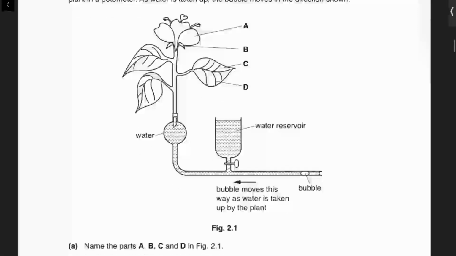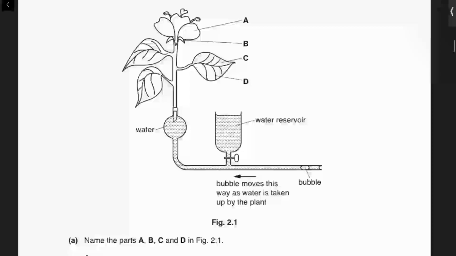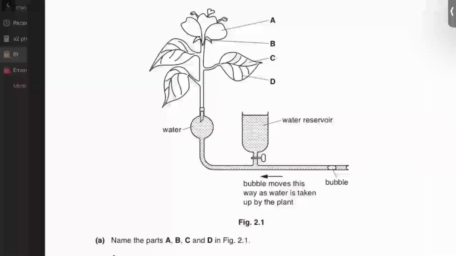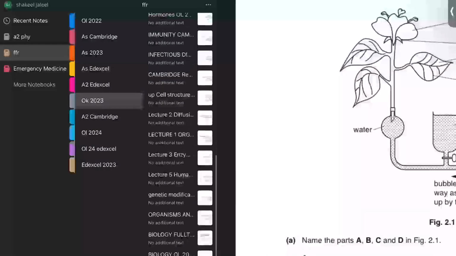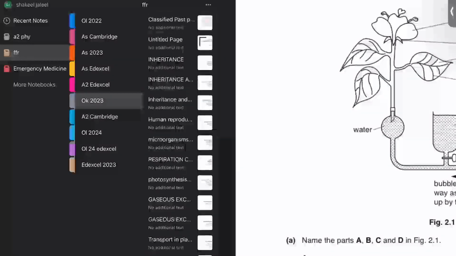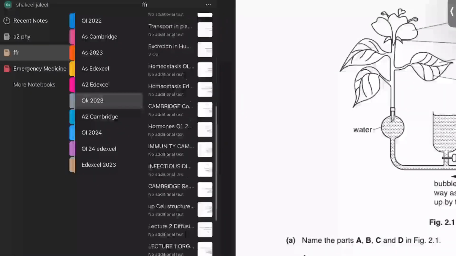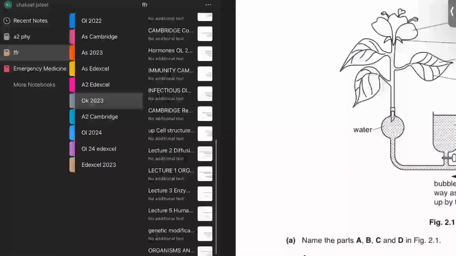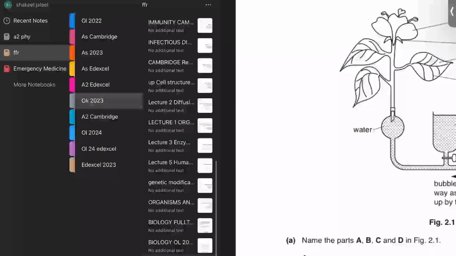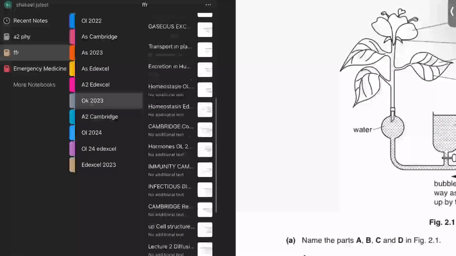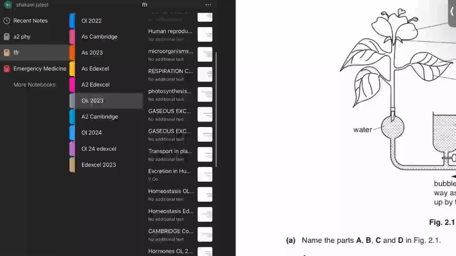What is A? Okay, so we'll just go through the specific parts, since you guys don't know. So A